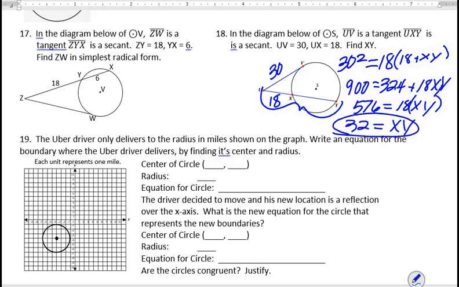All right, here's our last one. The Uber driver only delivers to the radius in miles shown on the graph. Write an equation for the boundary where the Uber driver delivers by finding its center and radius. Okay, so